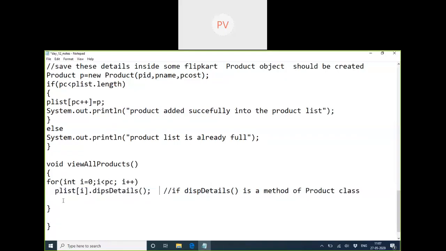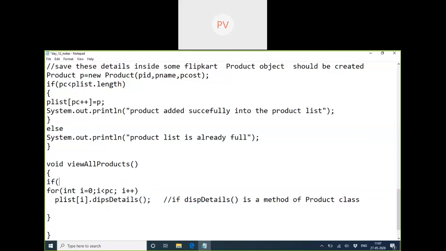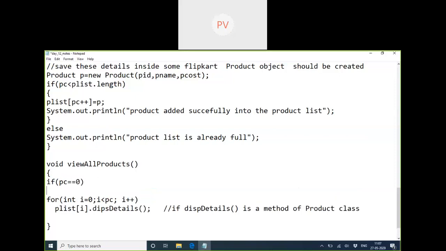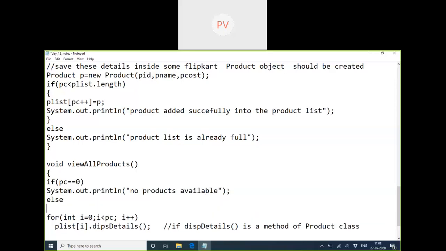In the same scenario, we can put a message here initially: if PC count is equal to 0, we say that there are no products, like during the lockdown period when nothing was on sale and we used to get some messages. Else, we go for the for loop.